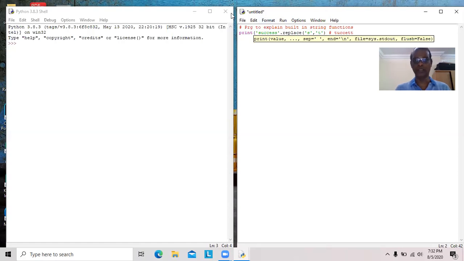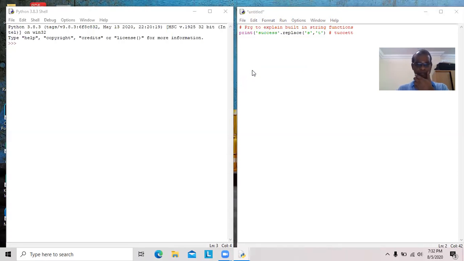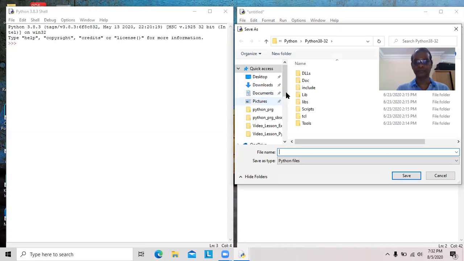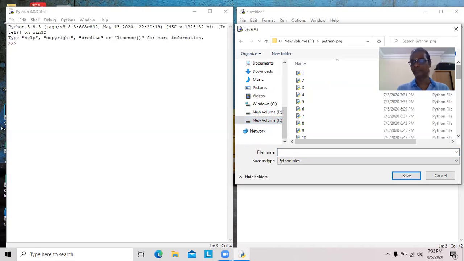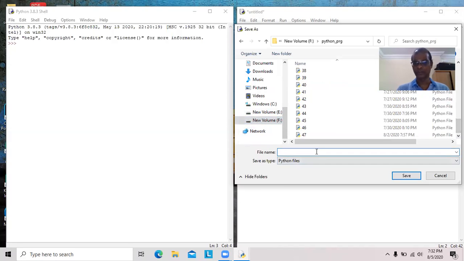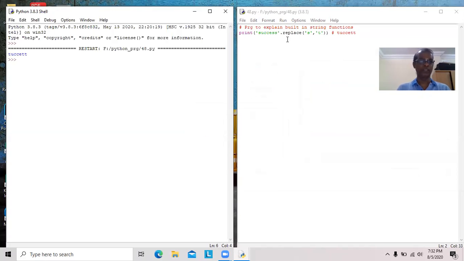First I will save the program and then execute it. Here is one more bracket, this close bracket for this one, but print is not closed yet. Here see TUCCEET. That is the usage of replace.